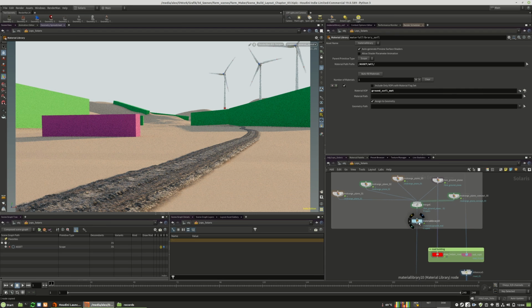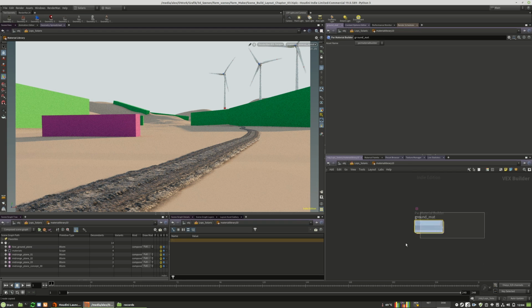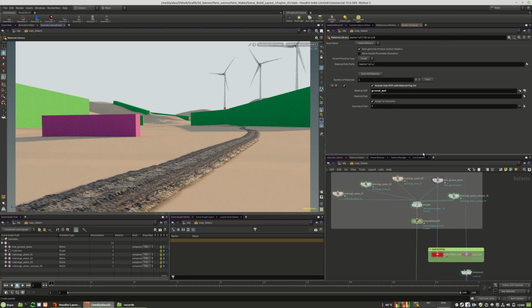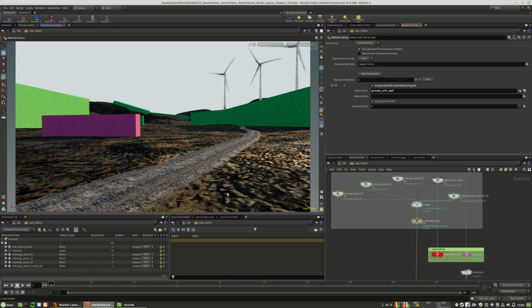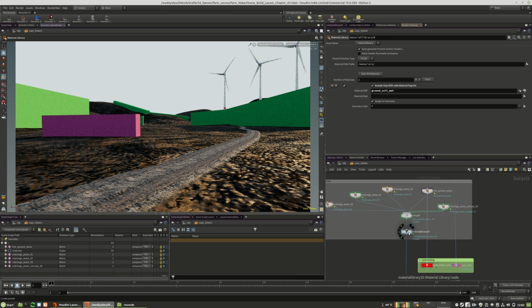And now I go to our material library. I will add this new material right underneath, so we don't need to delete it, and we only need to copy and paste the relative path to this material. And what we now get is hopefully a bit of shading. What you see in the first place is that the scaling is totally off. So what we can do about that is we go back into our material,